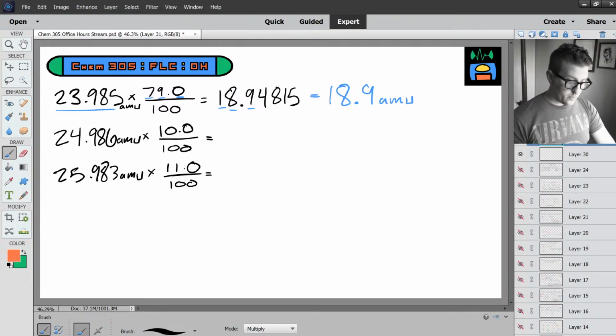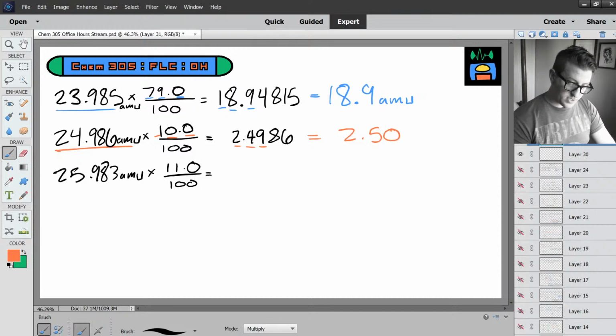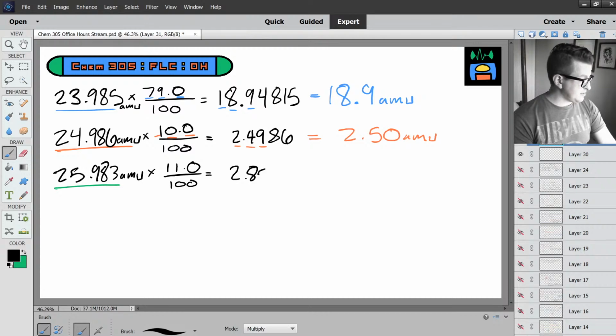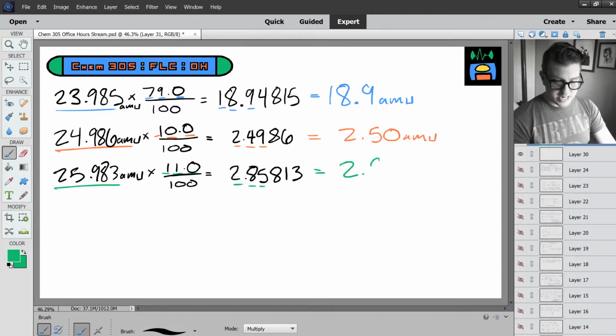When it comes to magnesium 25, right, with 24.986, you multiply this by the percentage divided by 100, comes out to be 2.4986. And again, we can keep 3 sig figs, 1, 2, 3. That 8's going to round up, so this will be 2.5, but then we still have to have 3 sig figs, so 2.50 AMU. Finally, when we multiply 25.983 by the percent abundance of magnesium 26 divided by 100, here we get 2.85813. Our natural abundance has 3 sig figs. We can only keep 3 sig figs, so this will come out to be 2.86